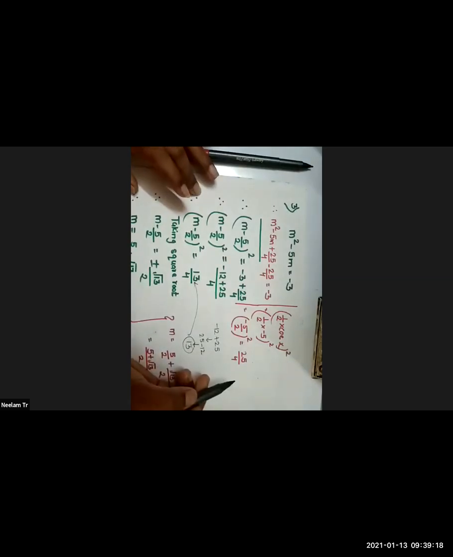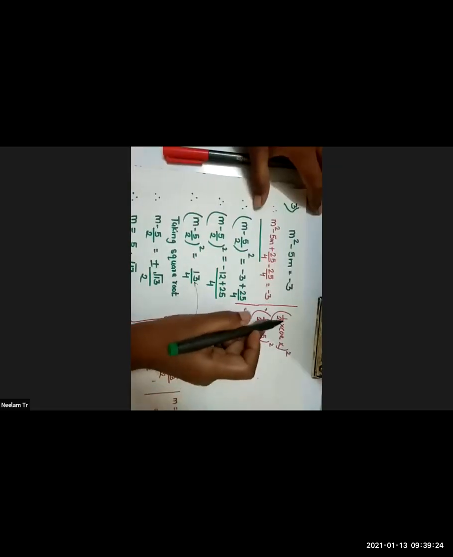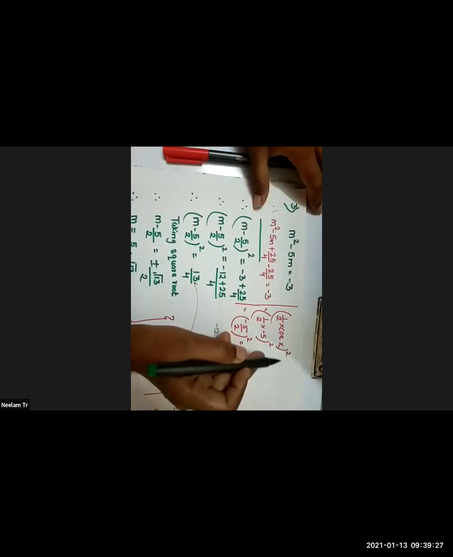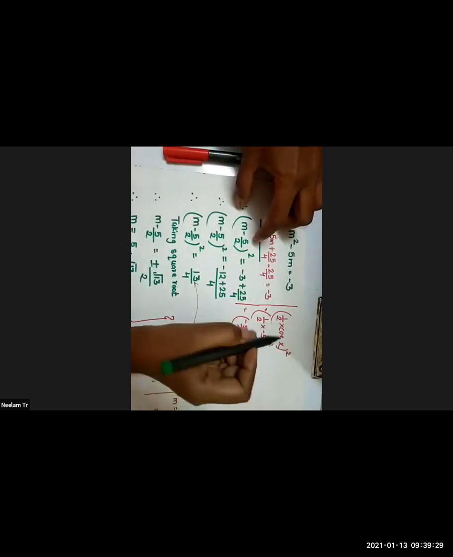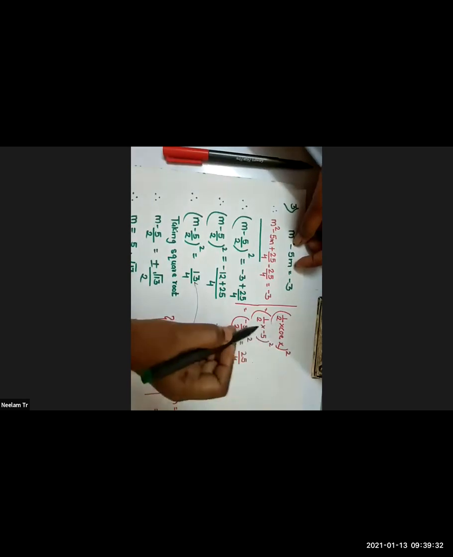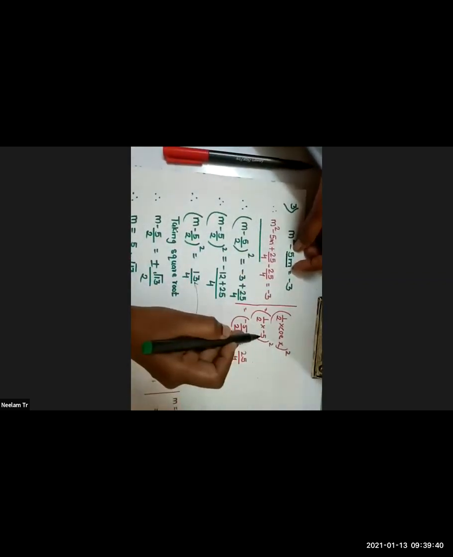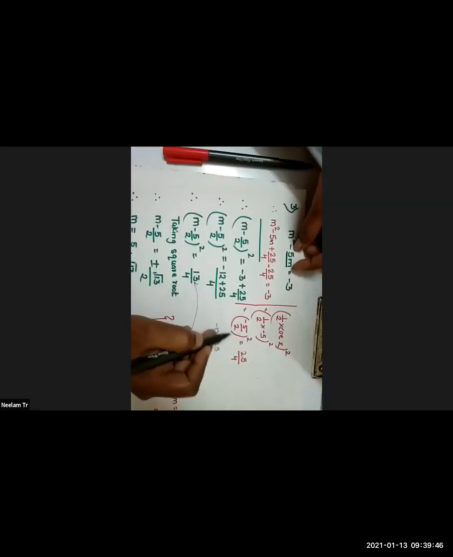Yes miss. To make it a complete square, ये step हम करते हैं half into coefficient of x. This is your very old method. To make it a complete square, पहले क्या करना है? Half into coefficient of x. Half into -5. Coefficient of x क्या है? -5. Half into -5 the whole square. तो क्या हो जाएगा? -5/2 होल स्क्वायर. 4. अभी इसको -5 का स्क्वायर करोगे, -5 into -5 you will get 25 and 2 into 2 you'll get 4.